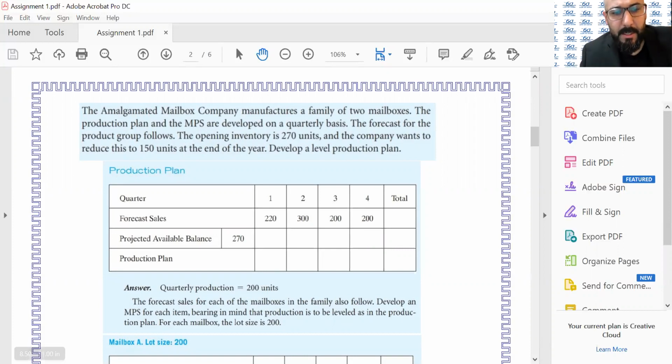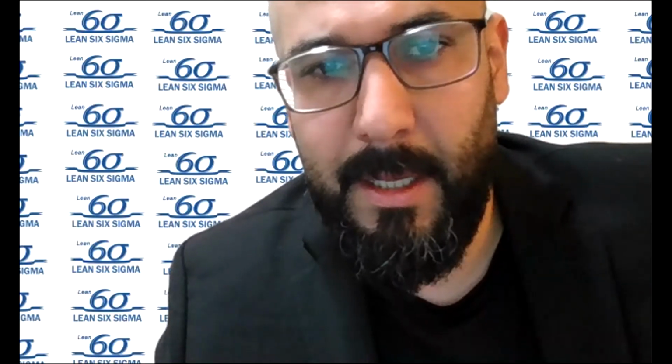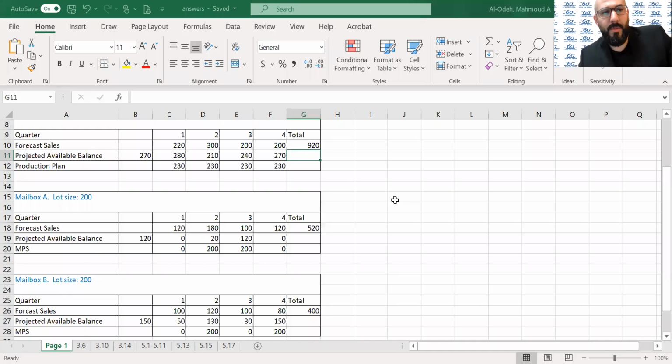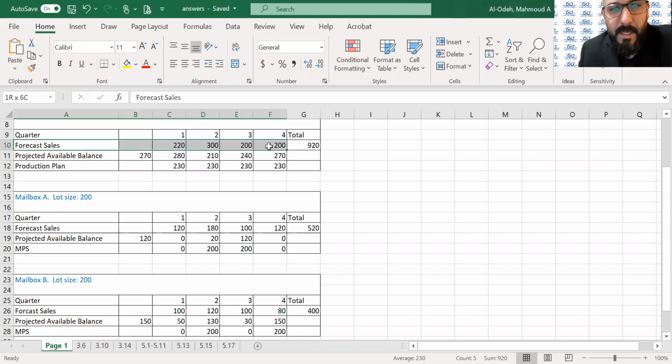All right, so let's go ahead. We're going to move on to Excel here. So I'm going to share the way to answer this question. What we need to have is the forecast. The first thing you want to do is look into the family forecast for the first table. Add them together. That will give you a demand of